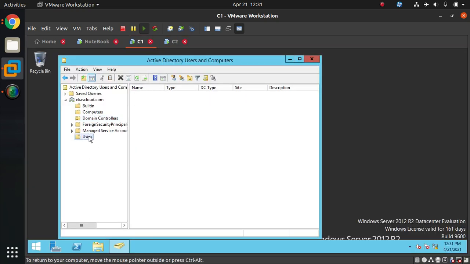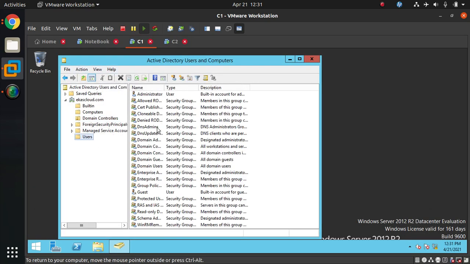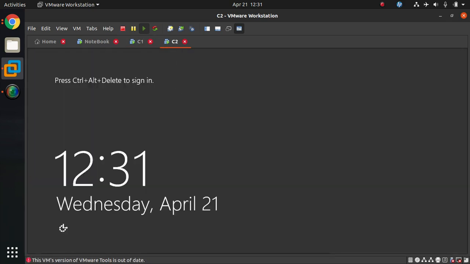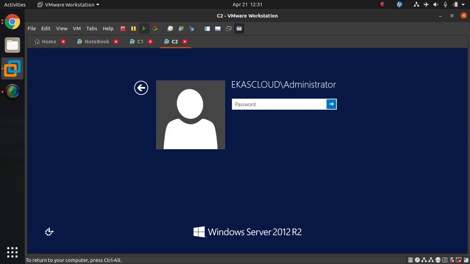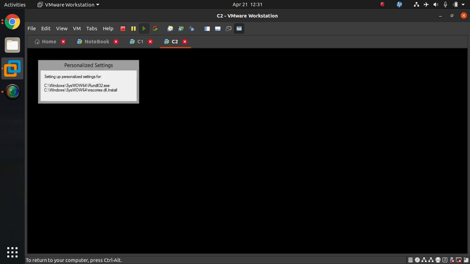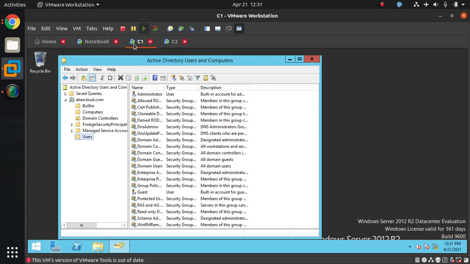So whatever object you create in the root domain controller will replicate to the additional domain controller. Whatever object you create in the additional domain controller will also replicate to the root domain controller. This is called additional domain controller replication.